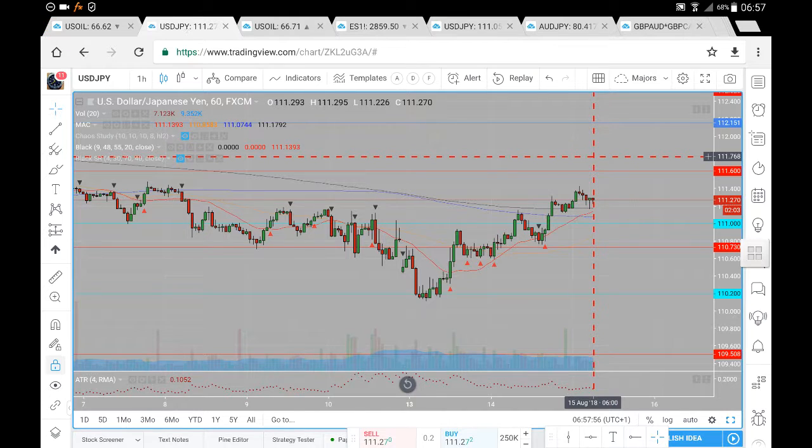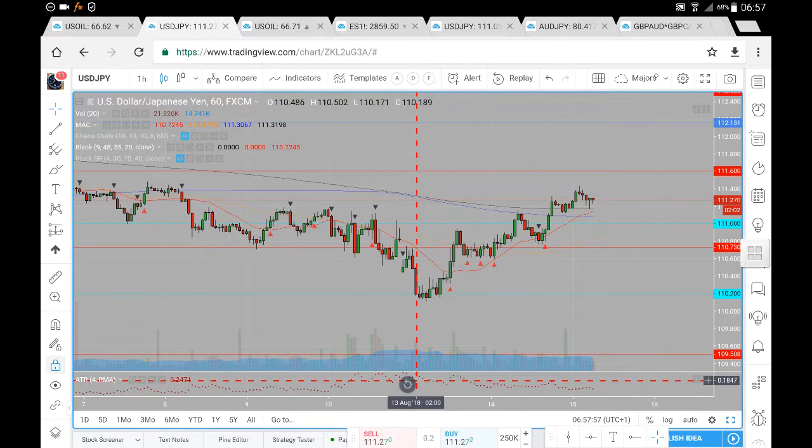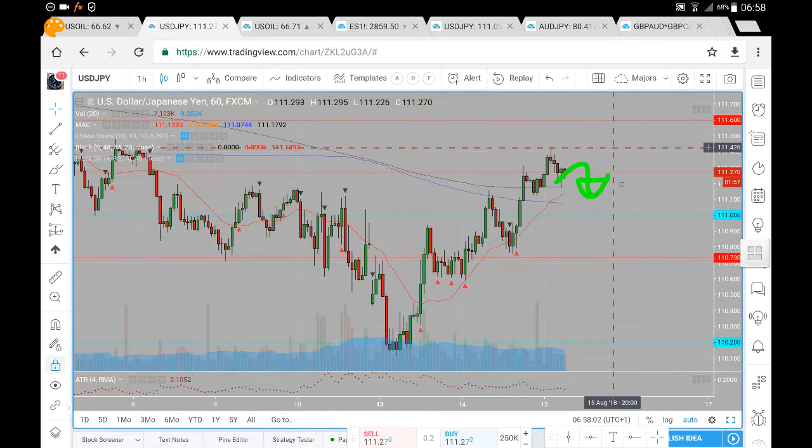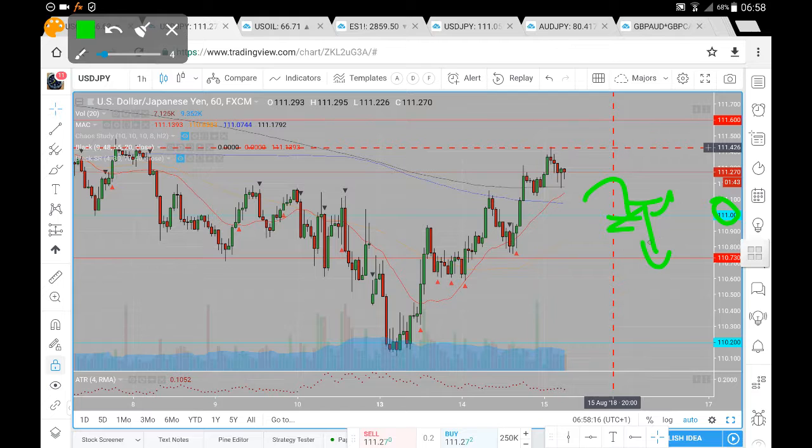If, however, we do see an acceleration of momentum to the downside, if we start to see larger candles or greater persistence to the downside, we're looking for a move down towards our 111. We're also being aware of the 200 period moving average, which acts as resistance, majors act as support. But the very next horizontal level of note is at 111, and if we do see a follow through, failed to hold support in around at 111, we'll be looking for price head down towards that 110.73 here on the